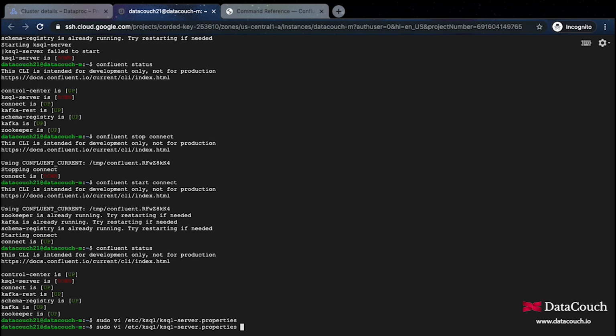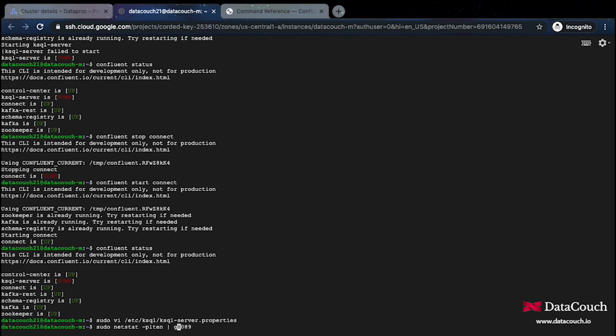What I want to do is see if everything is fine on this port before I start KSQL server. So I'll use the netstat command with sudo and -pltn. I'm using this command to check everything is fine. 8089 is the port that I want to grep.